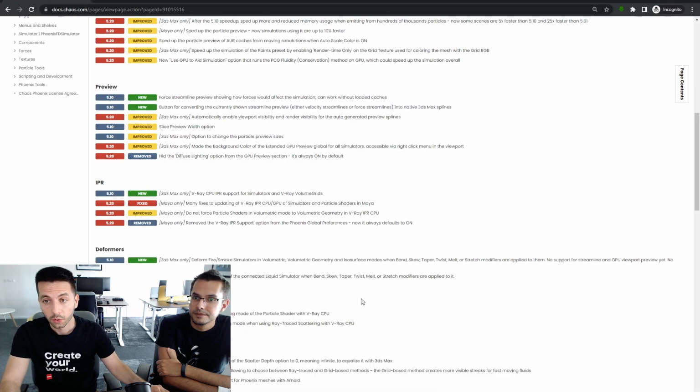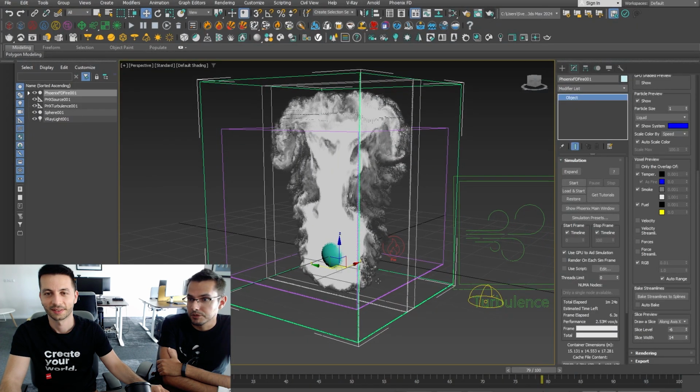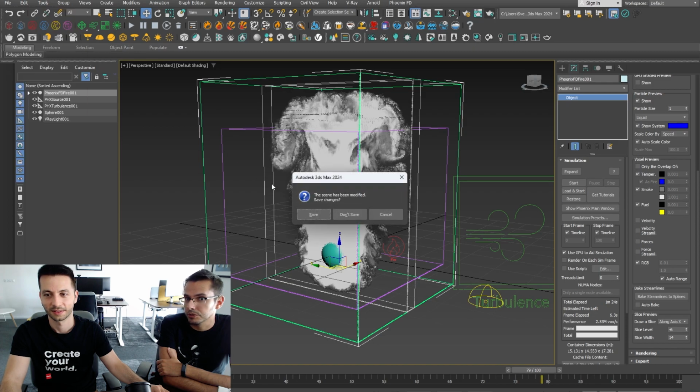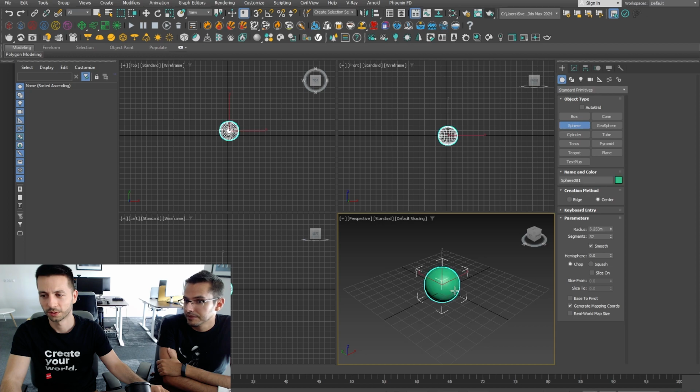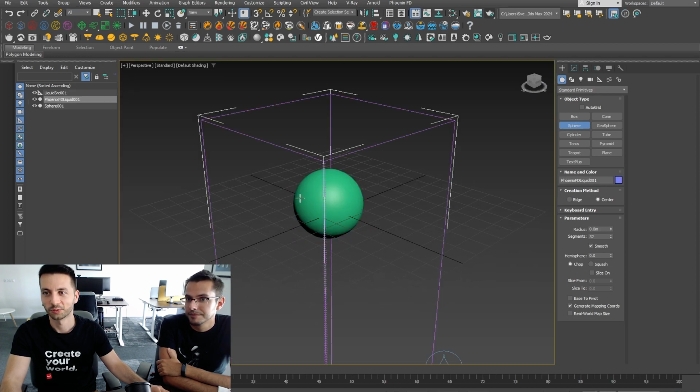And what's left? Option to change the particle preview sizes in Max. Yeah, we had this in Maya. We didn't have it in Max, but yeah, we showed it just a while back. But just to show it really quickly, in case someone forgot about it,